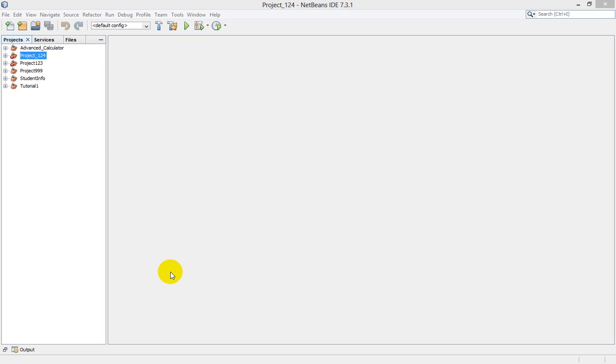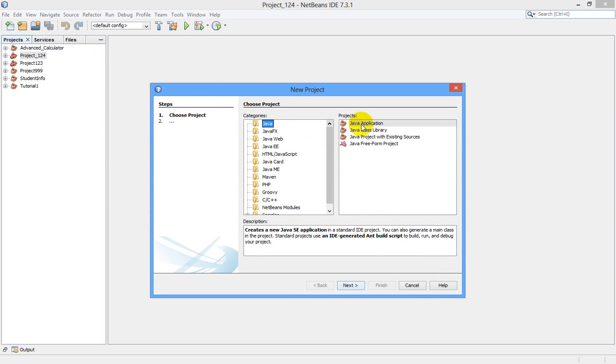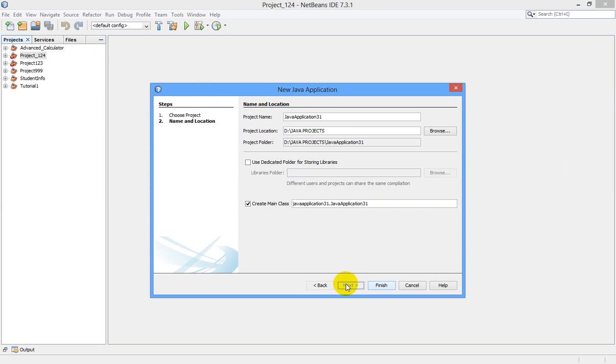So I am in NetBeans IDE as usual, and I am going to create a new Java project. First of all, go to File, New Project, select Java application, click Next. Here I am going to give a name for my project.